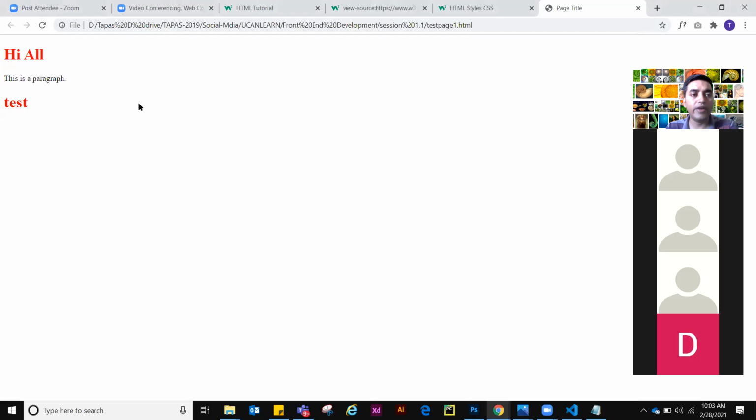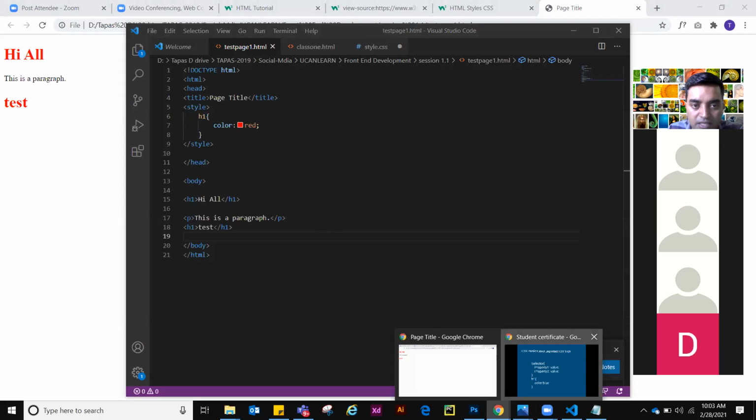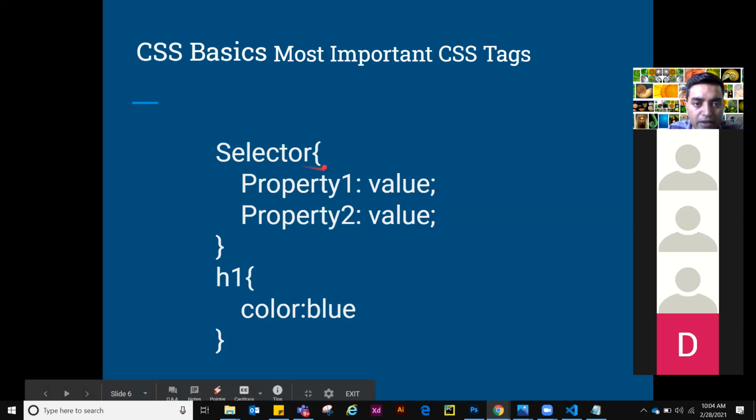So now the color of the second H1 is also red, right? So what we discussed, right? In CSS, this is a selector. So in our case, H1 is the selector, and then property, color was the property, and red was the value. Okay, that's why all this.